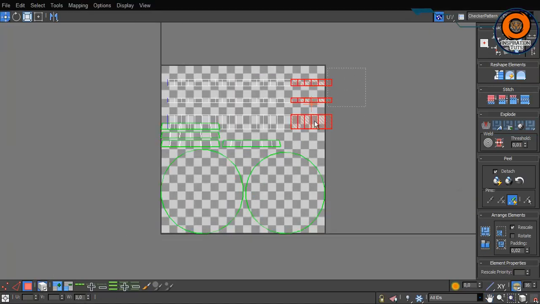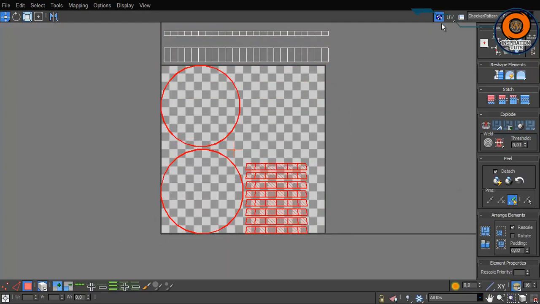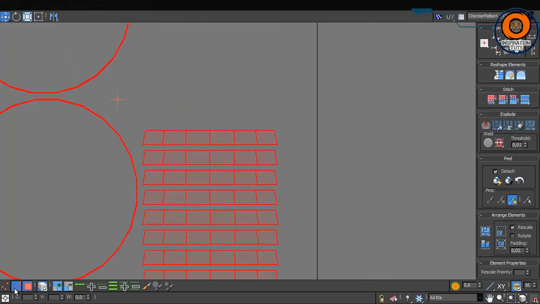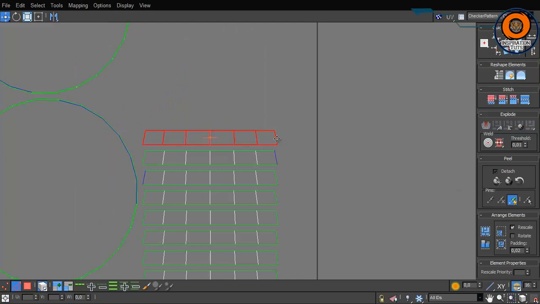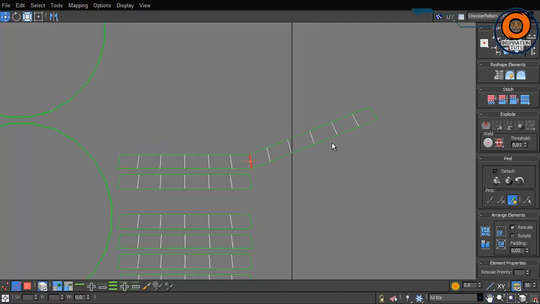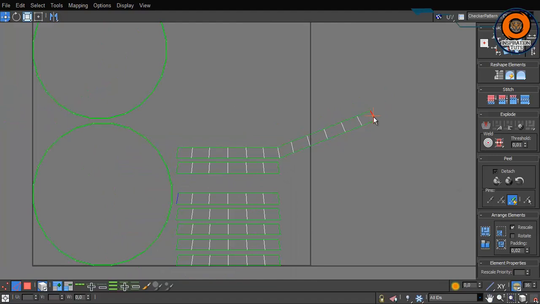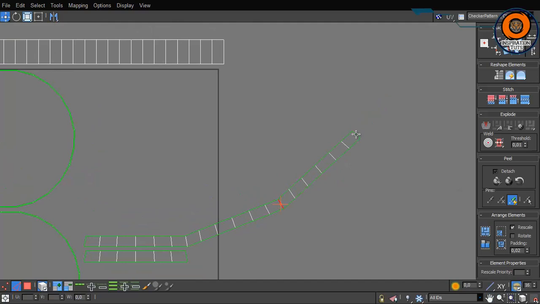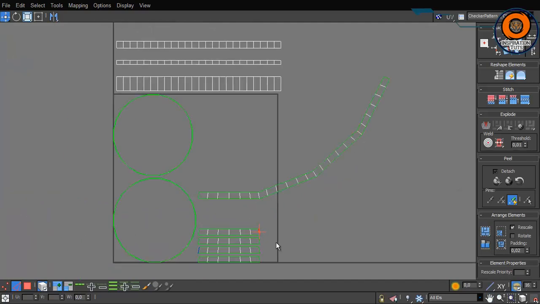Alright, so I will push these out of the way, and yeah, so I will do something new here, which is to select this edge here, right click, and stitch selected. And you can do this also from the keyboard. Keep holding Shift S from the keyboard, Shift S, Shift S. Okay, now